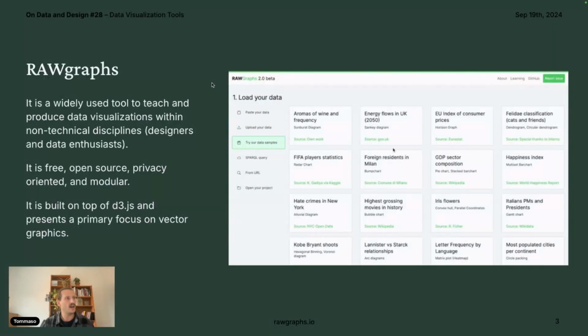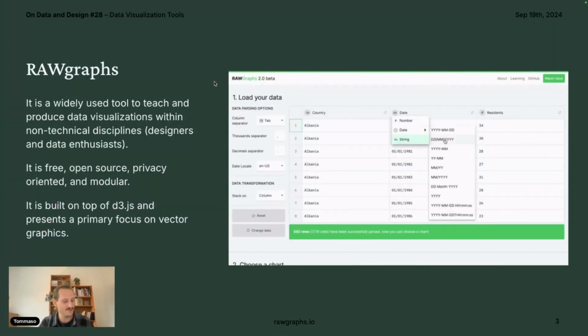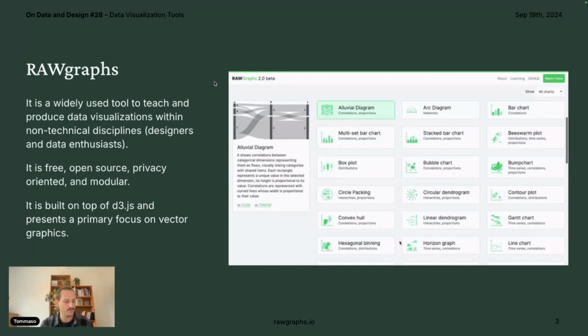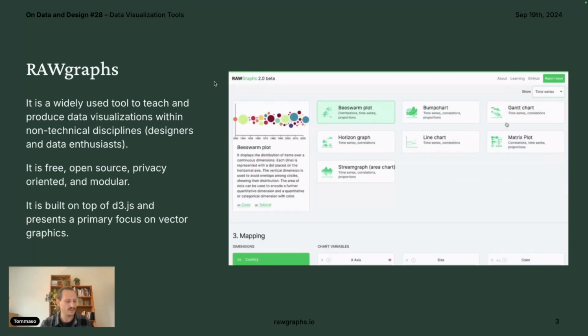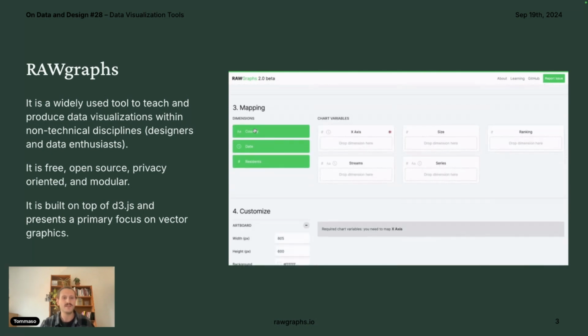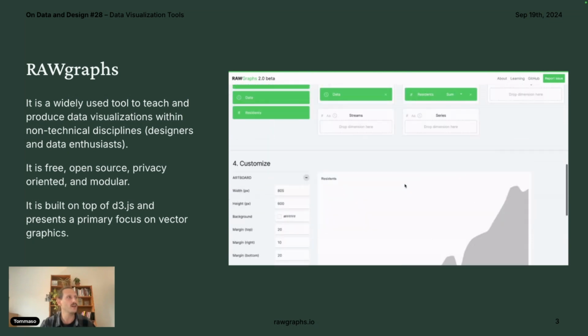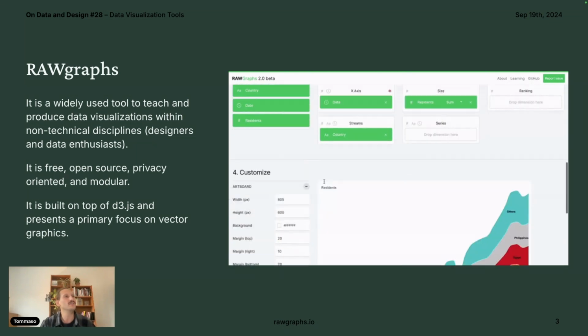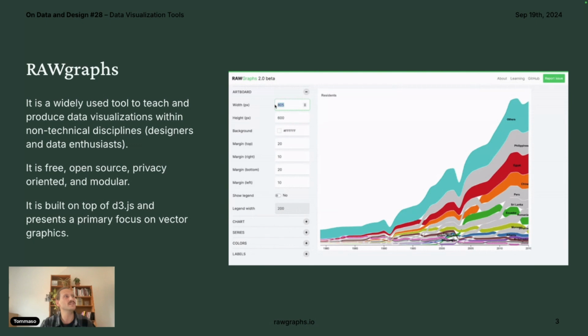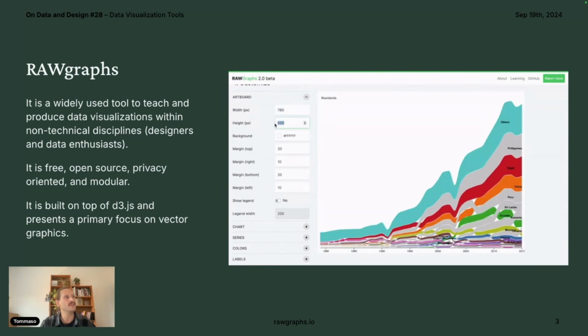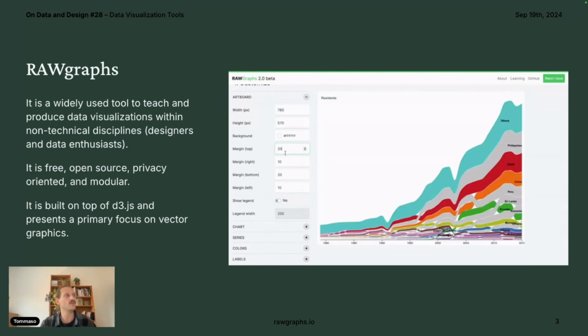And today, I am here to present you RAWGraphs. I'm really happy to be here, and I thank Data and Design and the organizers for the invitation. So RAWGraphs is a tool for visualizing data that is fully online, completely free and open source, and also privacy oriented,